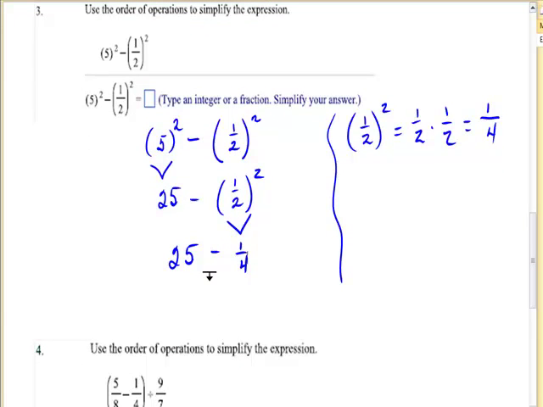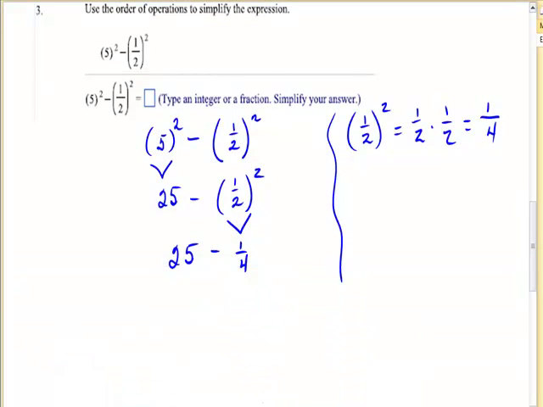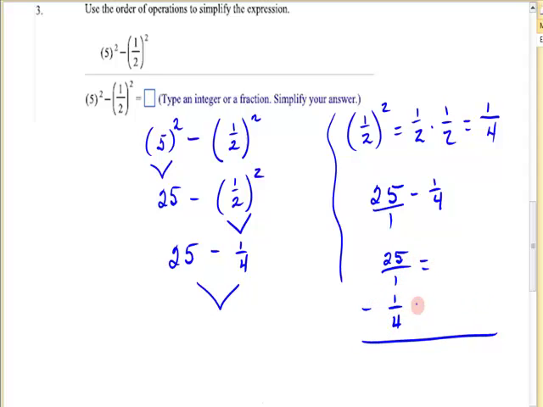This problem says to write the answer as an integer if it turns out whole, which it's not, or a fraction. It doesn't say anything about a mixed number. So I'm going to need to take 25 and subtract a 1/4 from it. Well, 25 is 25 over 1. Common denominator, let's see, I've got 25 over 1 minus 1/4. 4 is the common denominator. 1 goes in there 4 times. 4 times 25 is 100. The bottom fraction, there's no change. So I'm going to subtract 100 minus 1 gives me